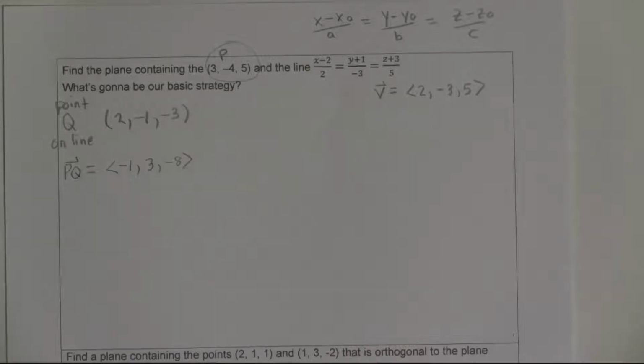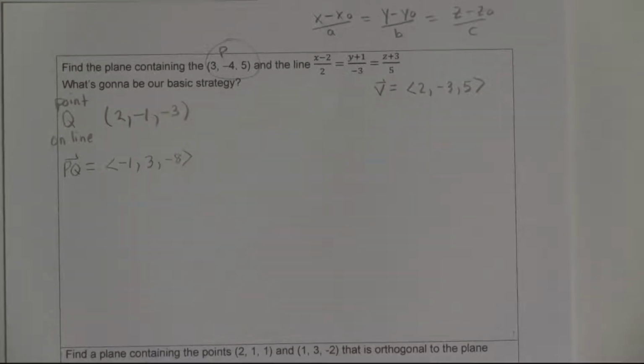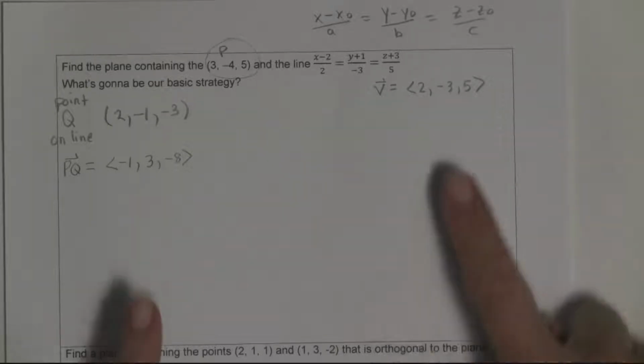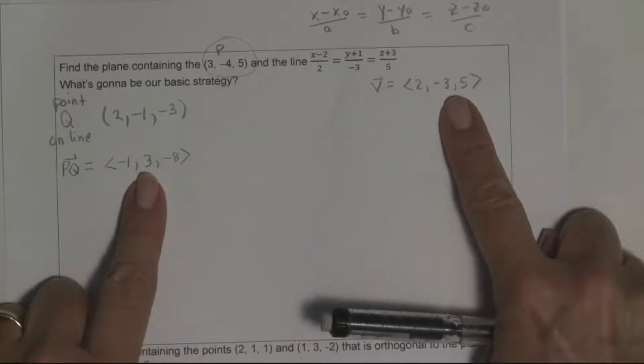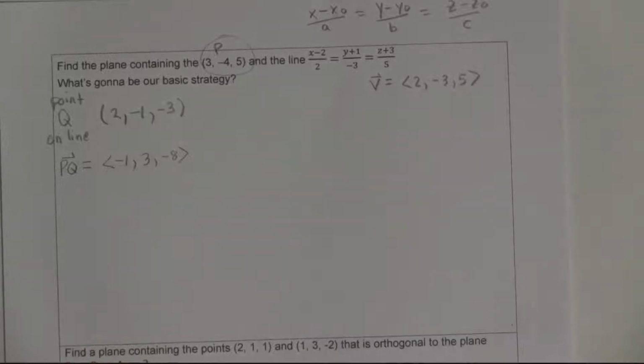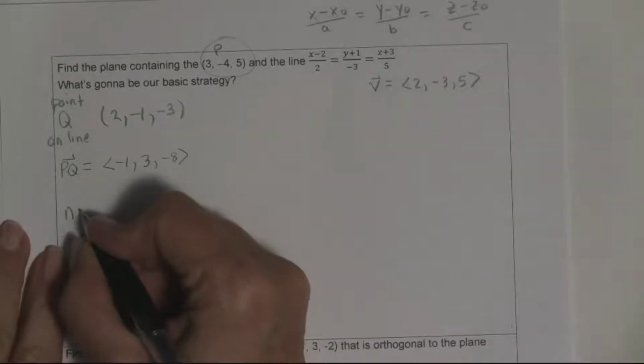So now I have a point, and I have 2 vectors that are in the plane. And these 2 vectors are not scalar multiples of one another, and so I can cross them and come up with a normal vector to my plane. And so that's what I'm going to do next. So my normal vector